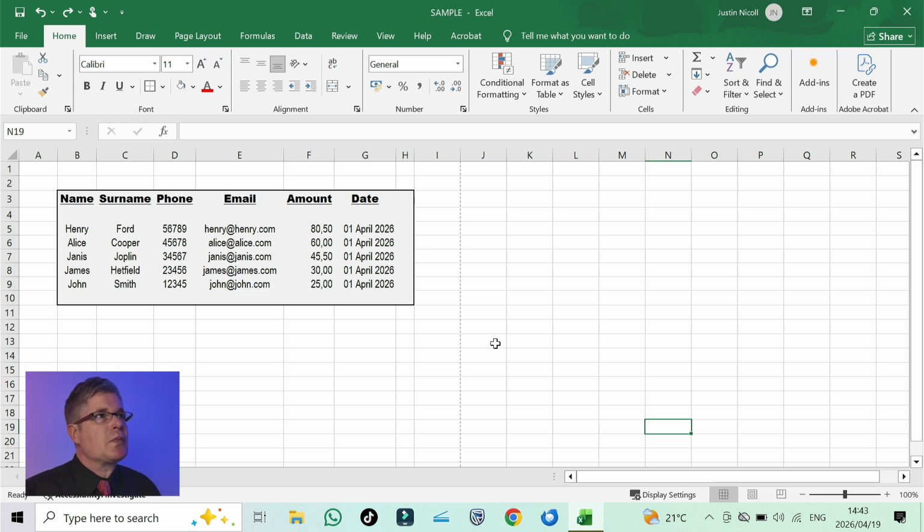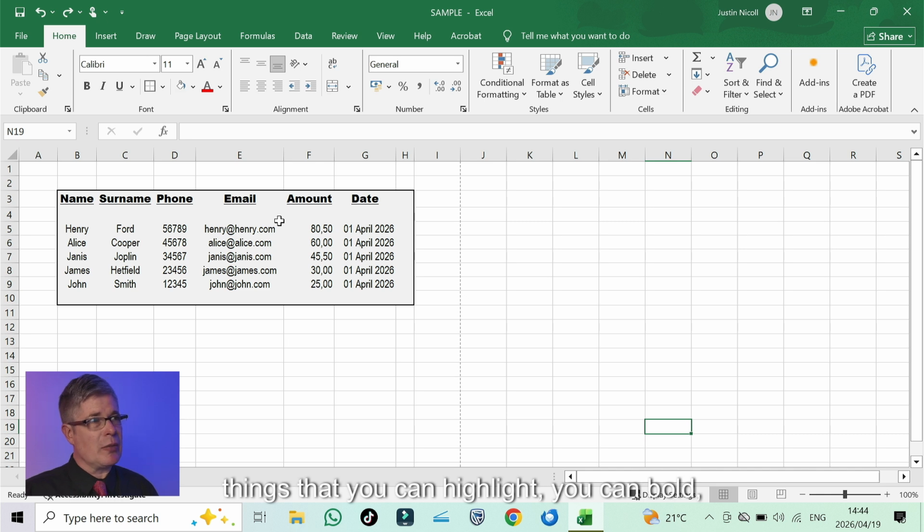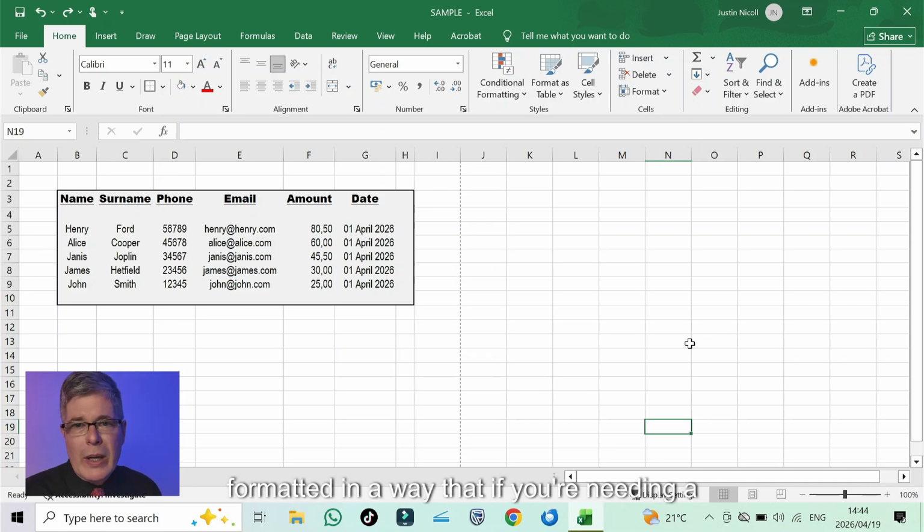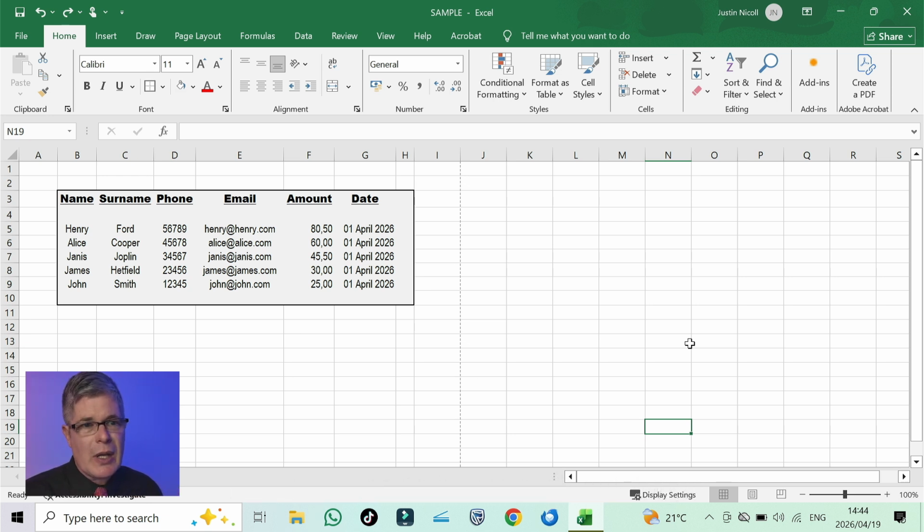So from an aesthetic point of view, you've got fonts, font sizes, formatting, you've got things that you can highlight, you can bold. It's pretty neat. And what you'll see in time is that a spreadsheet can be formatted in a way that if you're needing a checklist, or if you're needing to create a document to print out, to do a pre-delivery inspection on a machine or on a vehicle,